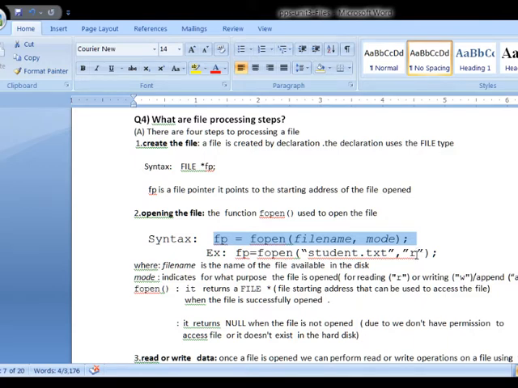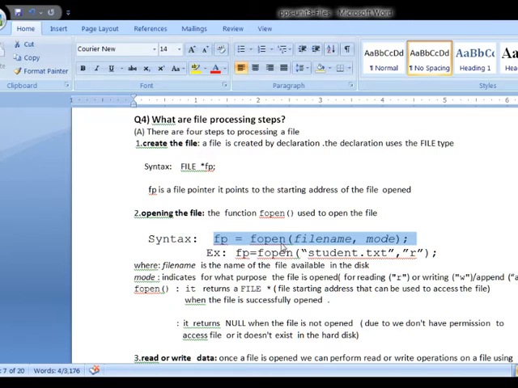Already I told we use these three symbols to perform operations on an opened file. Here in this example, student.txt is a file name opened with the help of the fopen function, and here we are specifying r, which means this file is opened for performing read operation.